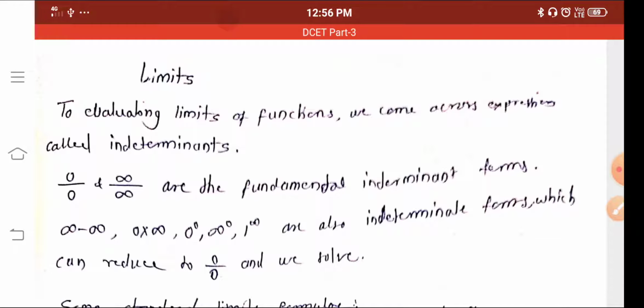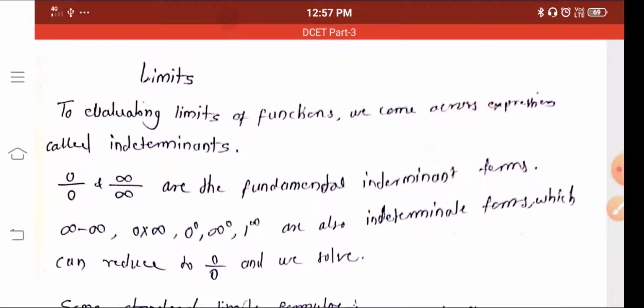So here we study, you already studied what the definition of a limit is, and here I apply L'Hospital rule and solve all the examples, because you know that limits can be solved by standard formulae or the rationalization method, but this is the easiest method to get the value of the limiting function.